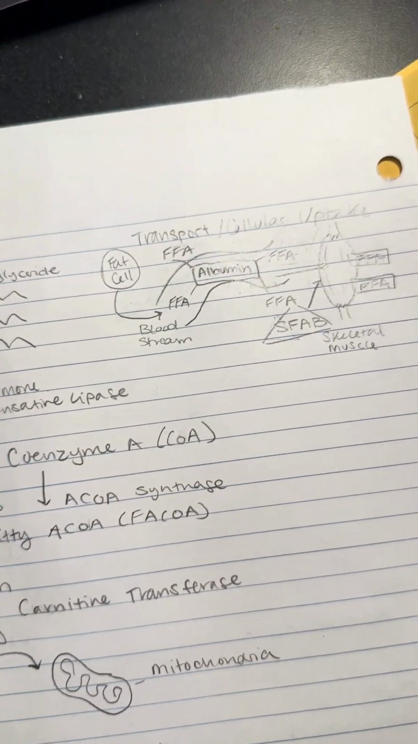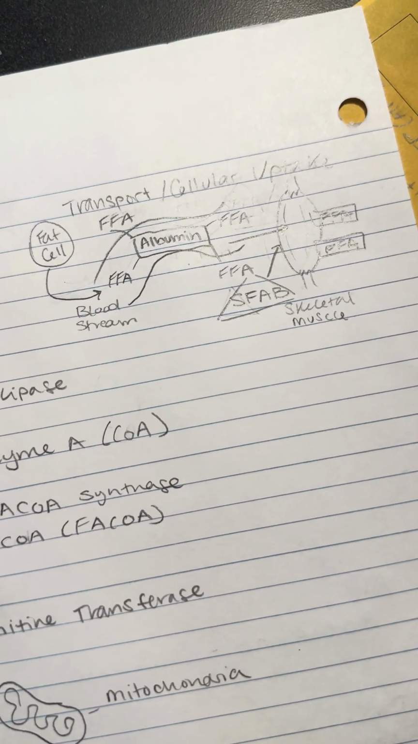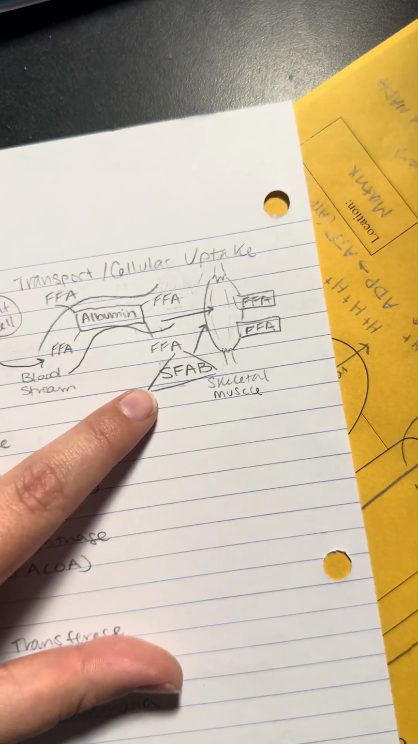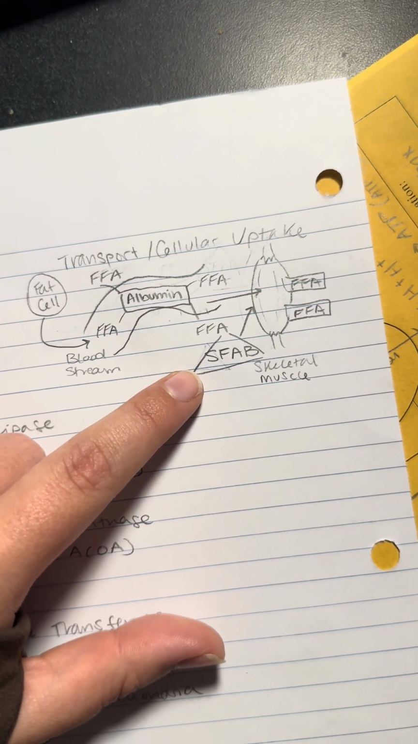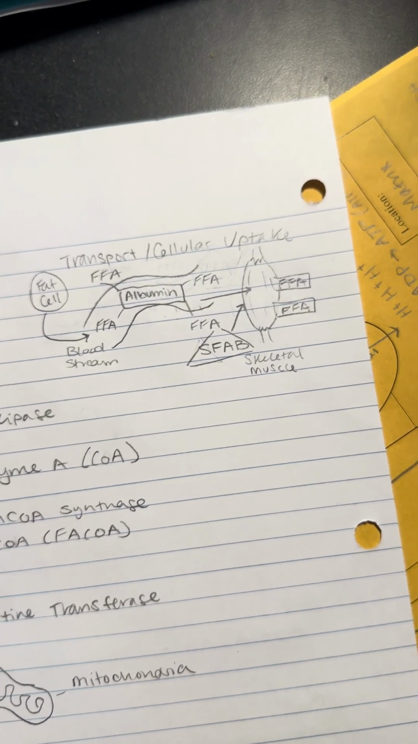And then as our albumin is traveling towards this skeletal muscle, is where they meet the sarcolemma fatty acid binding protein, which moves free fatty acid into the muscle. In this, the sarcolemma fatty acid binding protein only allows about 15% of the free fatty acids into the muscle,